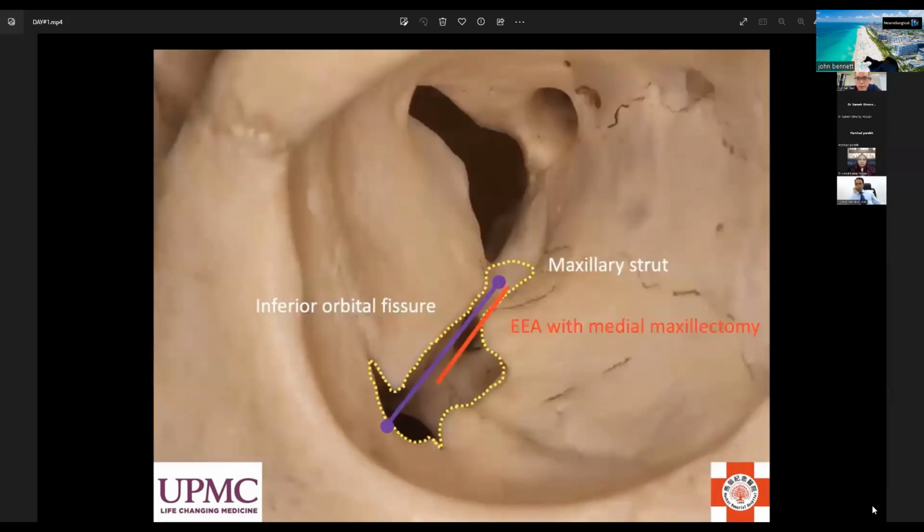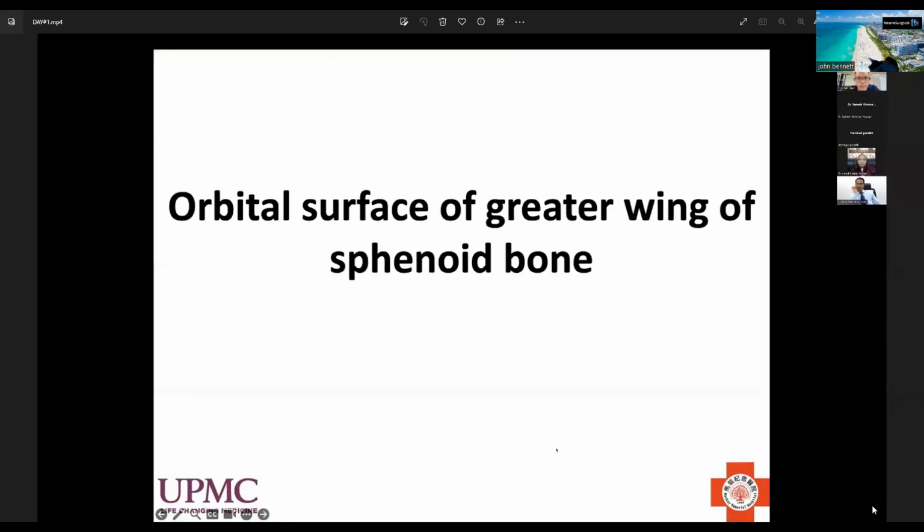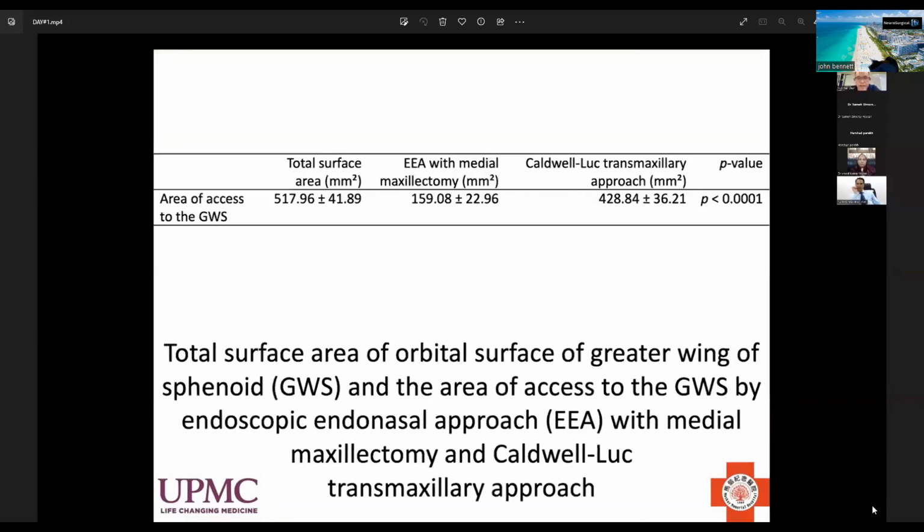And this means the length that we can expose by EEA with medial maxillectomy, we show it in red, and the green line means the inferior orbital fissure that we can expose by the Cartwheel lock transmaxillary approach. And regarding the greater wing of sphenoid, we calculated the area that we can expose by these two different approaches. It shows that by the Cartwheel lock transmaxillary approach, the area that we can expose is significantly wider than EEA with medial